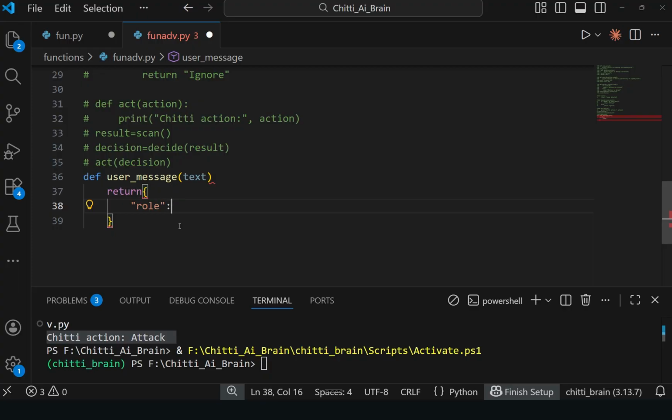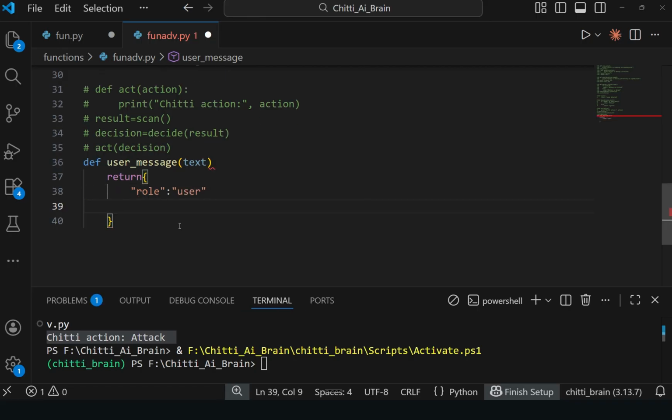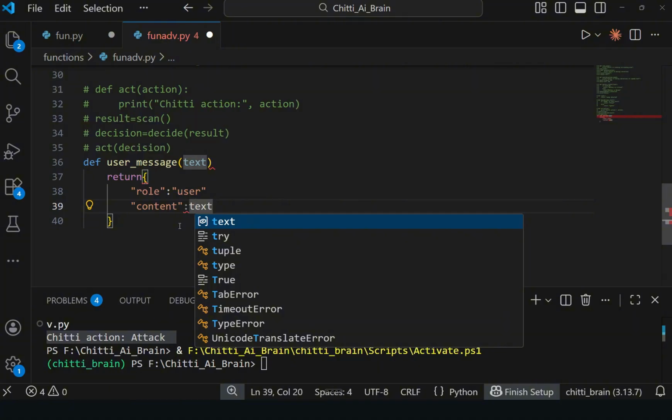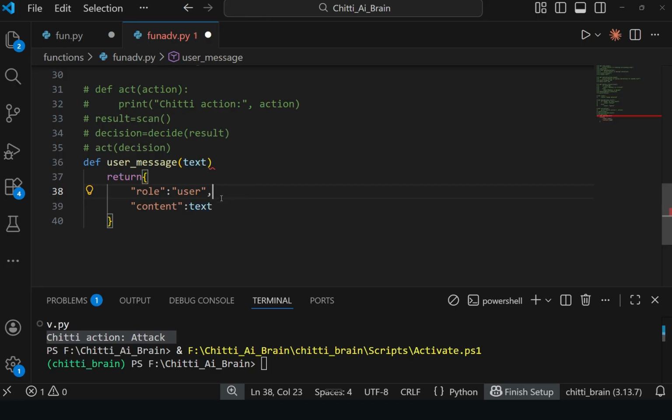The role is user, and the content is in text format, where text is the parameter. Sorry, here you have to give a comma. Like this you have to define the user message function.